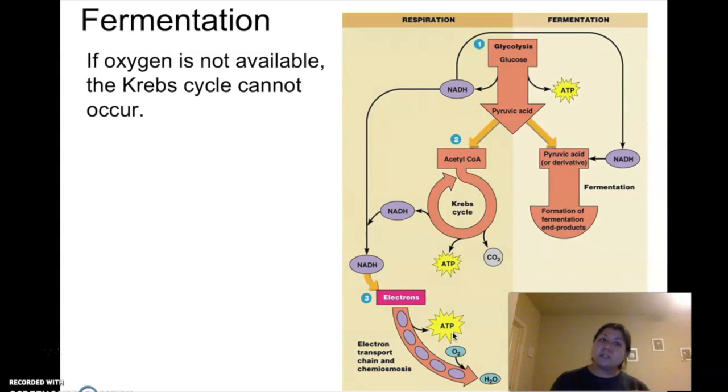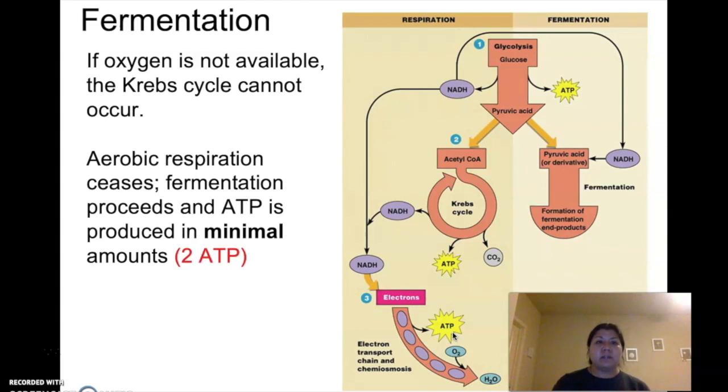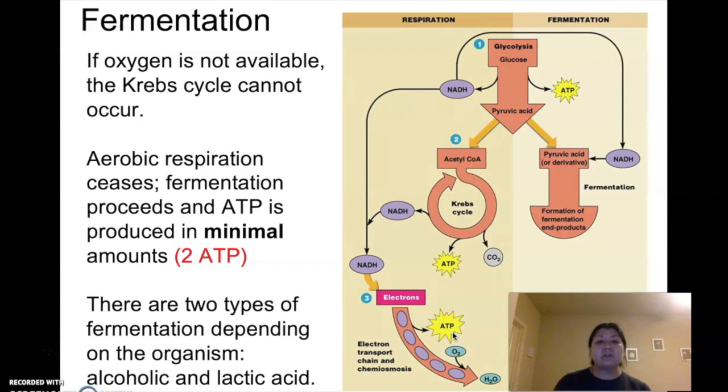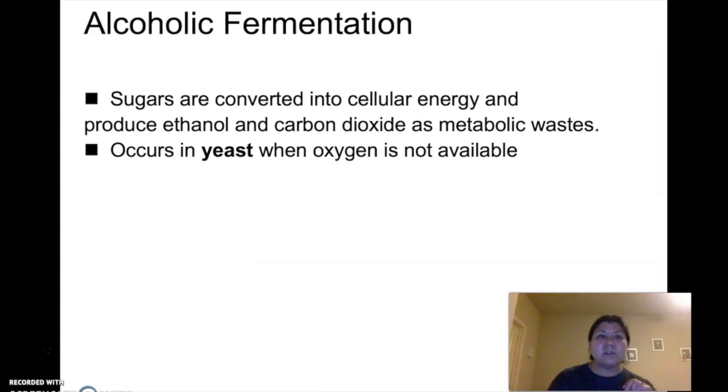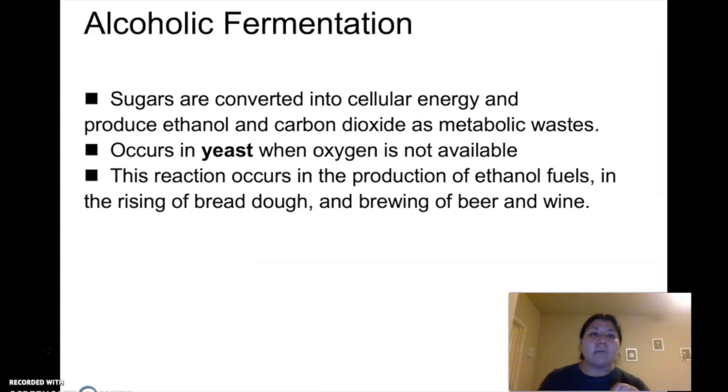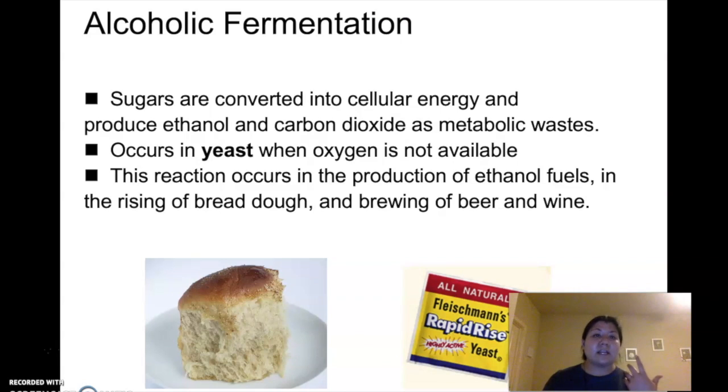So not enough oxygen, fermentation is going to occur. Those pyruvate molecules will stay in the cytoplasm. And so they'll go through a couple of different processes, and you can produce two different types of fermentation. One is alcoholic and the other is lactic acid. So alcoholic fermentation occurs in yeast. It can occur with some sugars. And so this is how we get